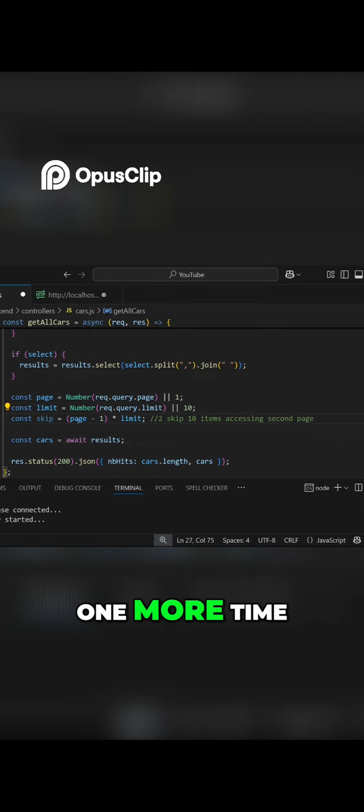Let's look at this one more time. If page is 3, 3 minus 1 would be 2. 2 times our limit,